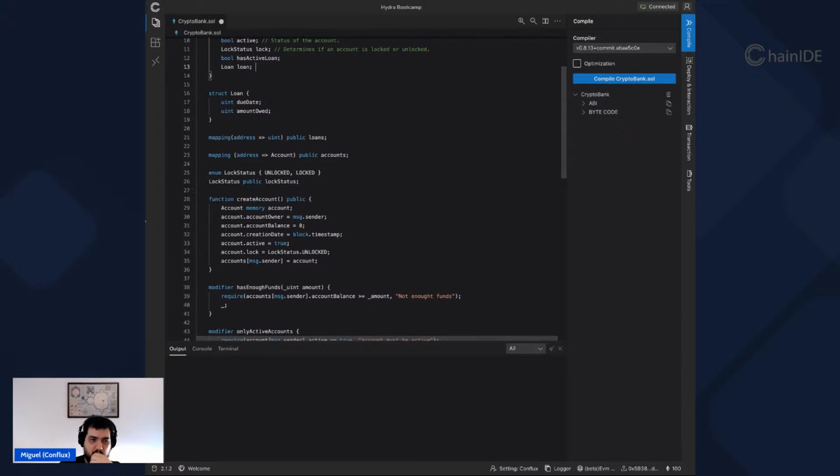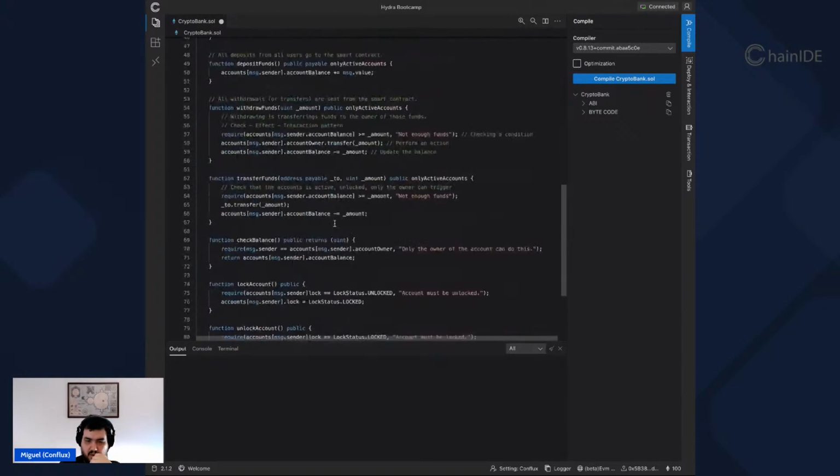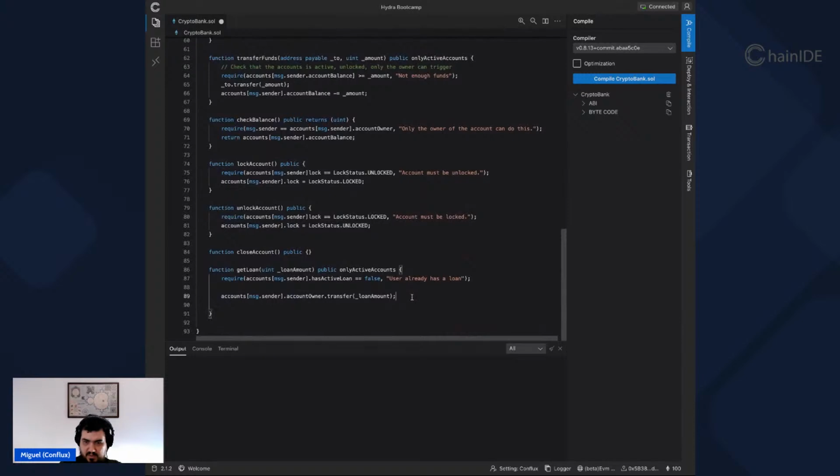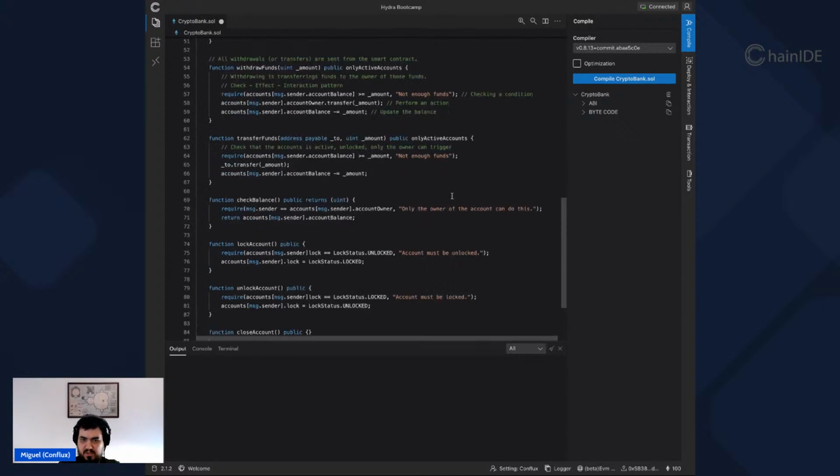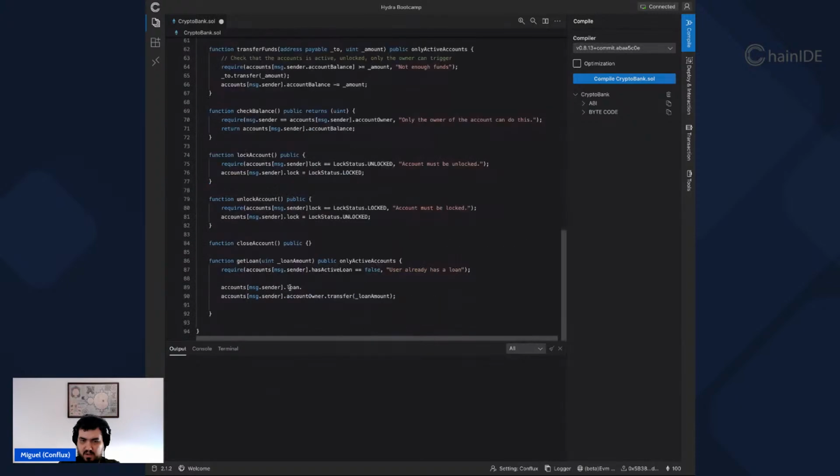So what we're going to do now is define these: accounts dot message dot sender dot loan, which is this object right here, dot amount owed, and it's going to be loan amount, or loan amount requested, for clarity's sake. Plus some